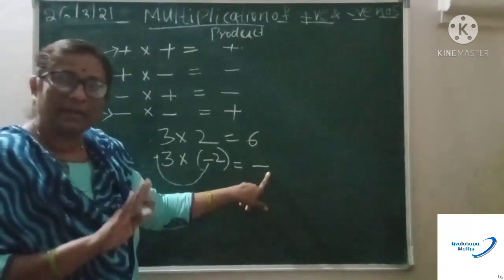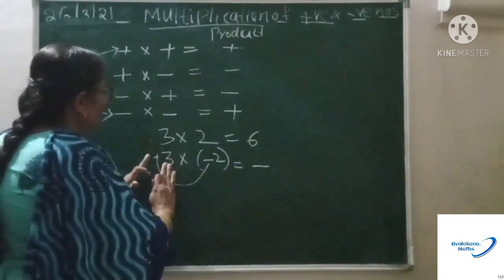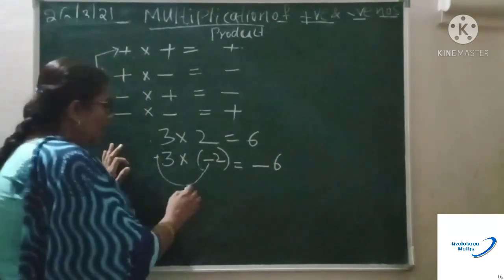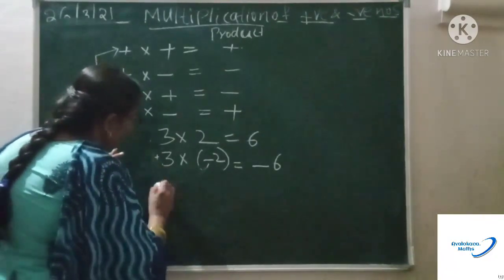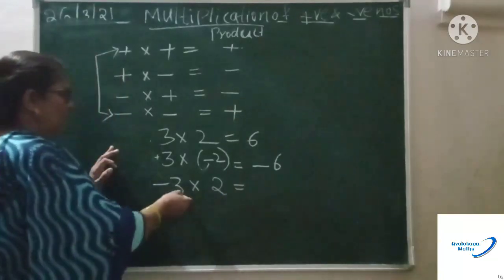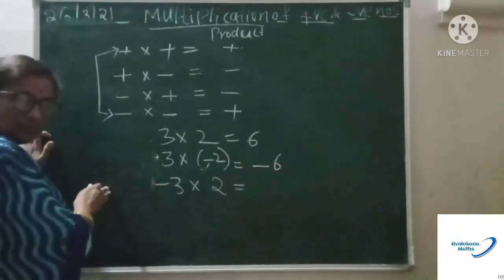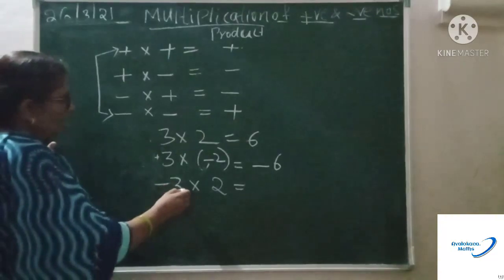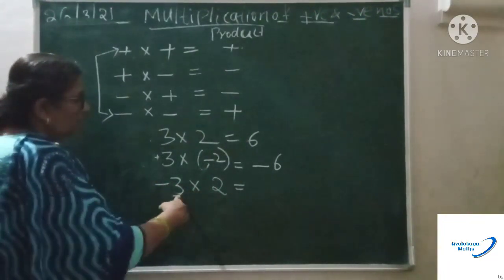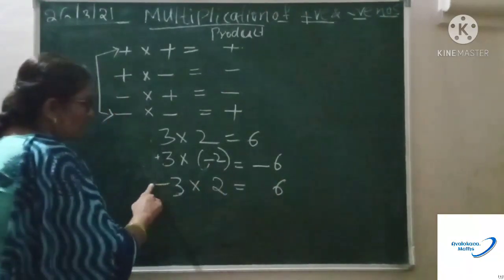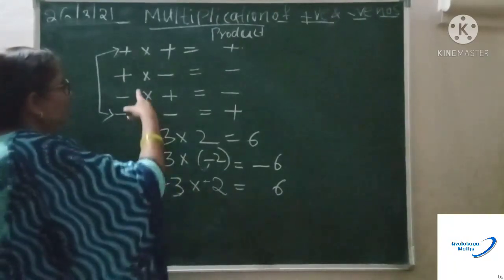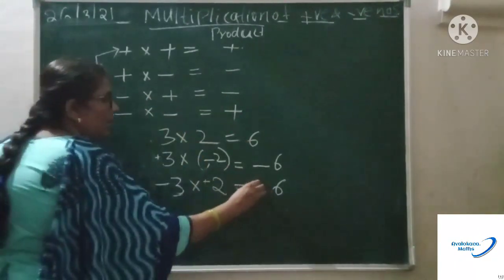We are multiplying the signs, and obviously your numbers remaining are 3 and 2. That is simple. And one more same thing here: if we have minus 3 into 2, it is not necessary to put brackets because you don't have any number before this one. So directly you can write minus 3 into 2. You can go this way also. First multiply: 3 twos are 6. The sign is minus, and nothing means it is plus. Minus and plus, the answer is minus.